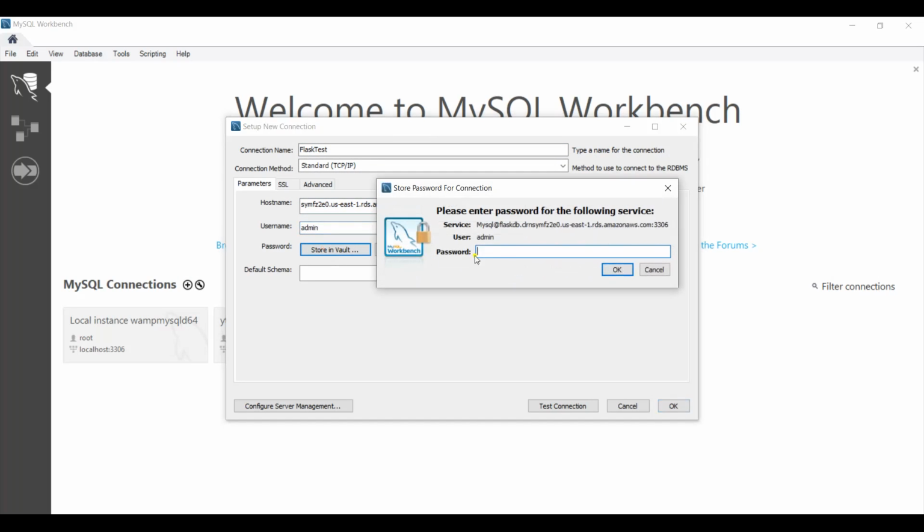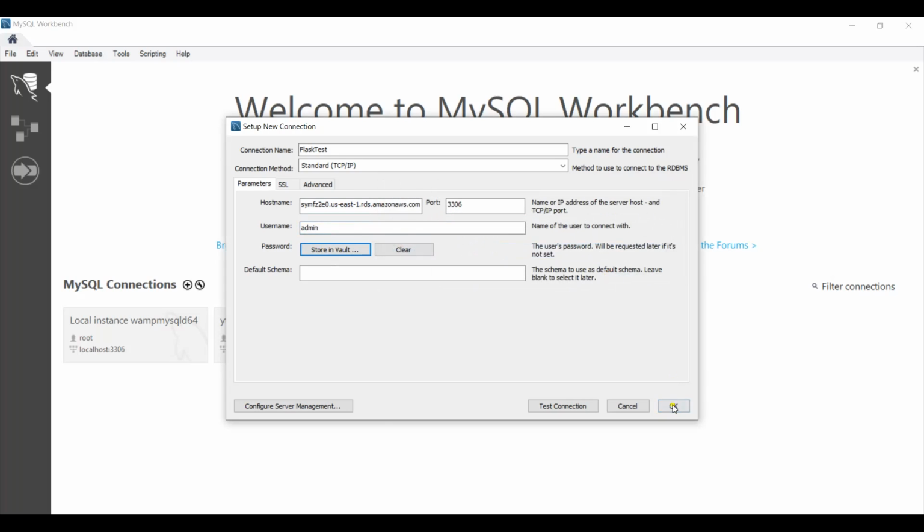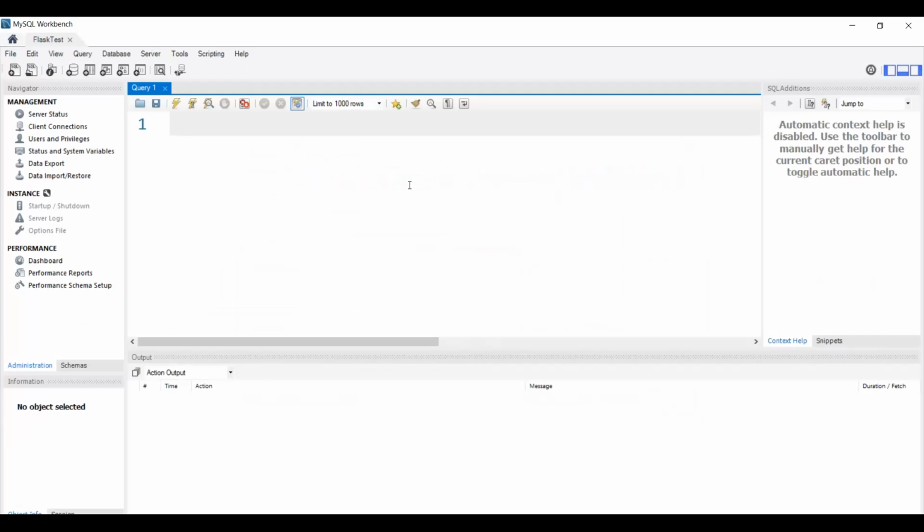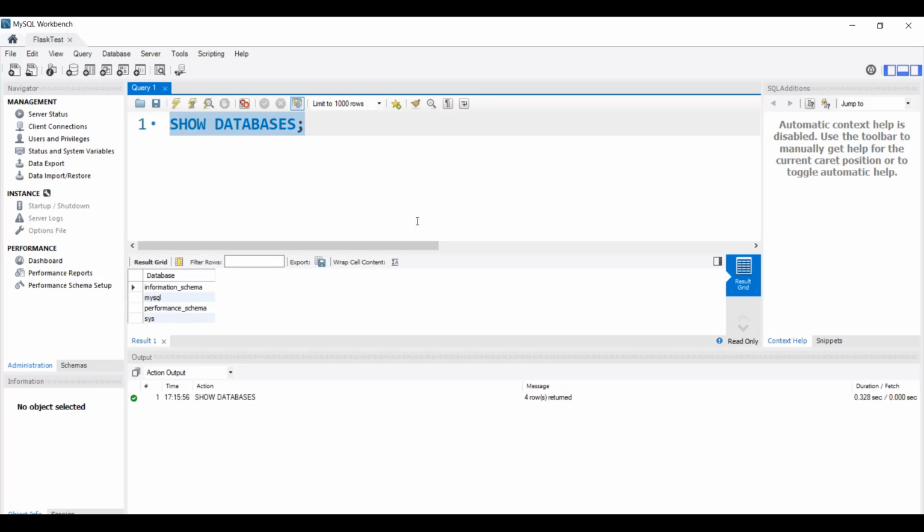And we are going to just add our password in here. So I can just say password, and let's click on OK. After that, click on OK. And now let's just click on this. So now in here, if I say show databases, and if I just check it, so now you can see that we have a connection and we have some data in here. Now we have created Amazon RDS, and in the next lesson, we will do our configuration with our Flask